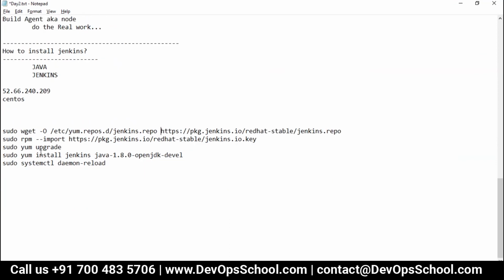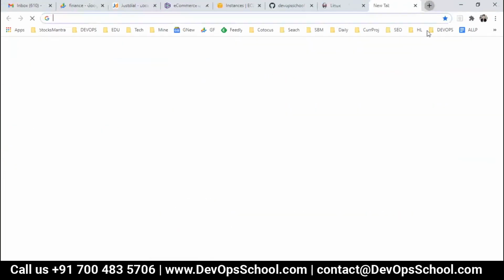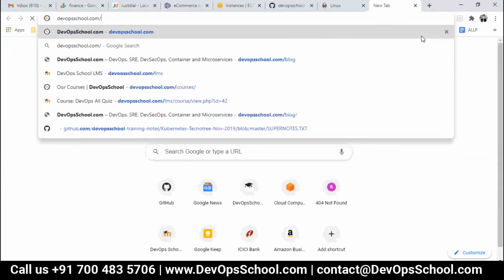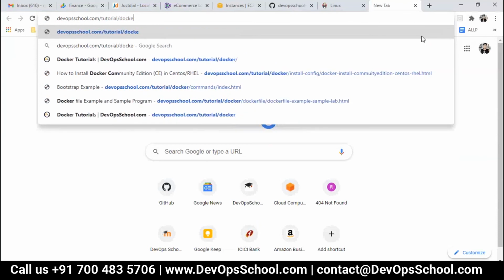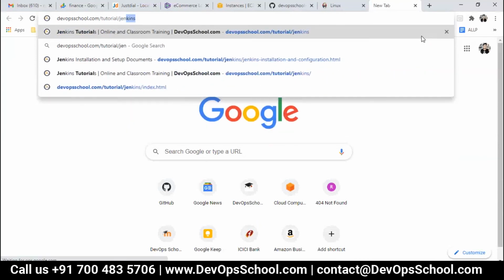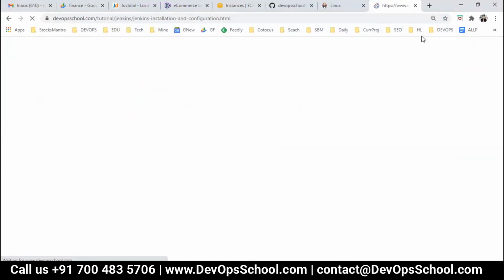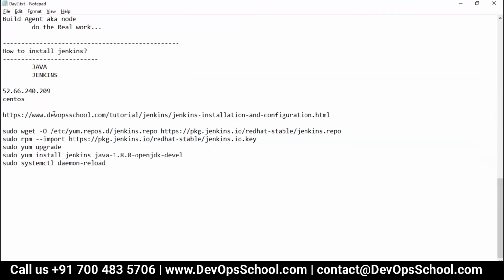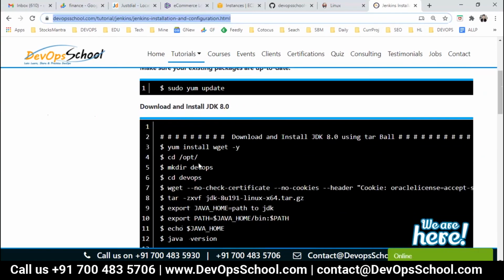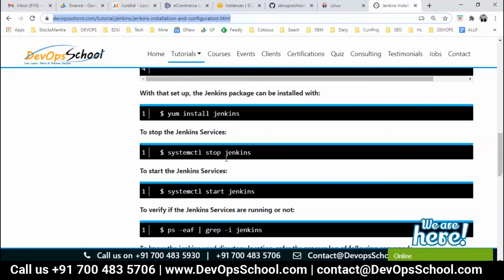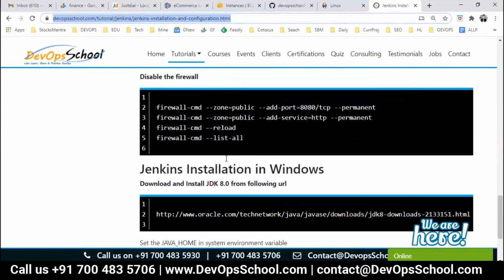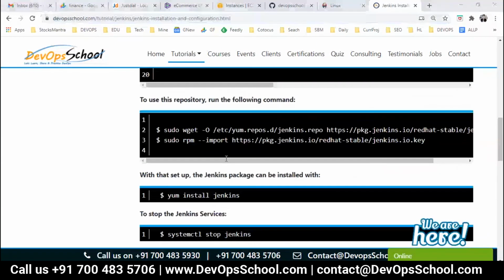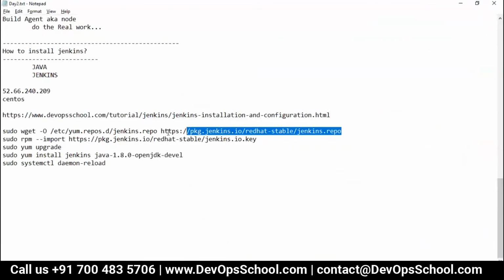The same instructions you will find at this page, the tutorial, Jenkins installations and configuration here. So you will find the instructions here also, how you can install the Jenkins step by step. Okay, so nothing great.